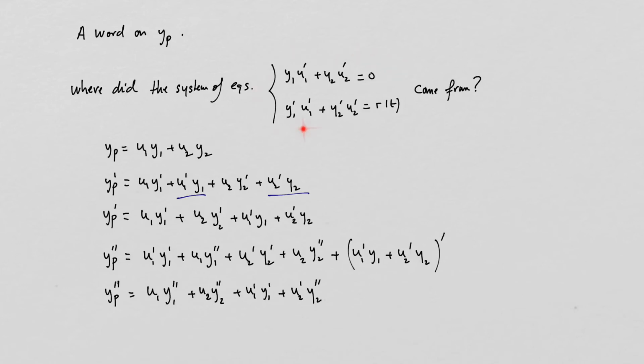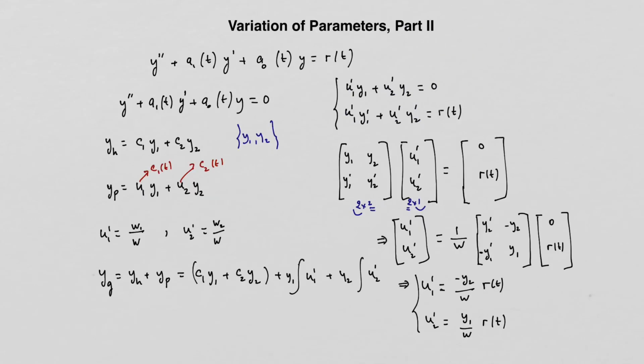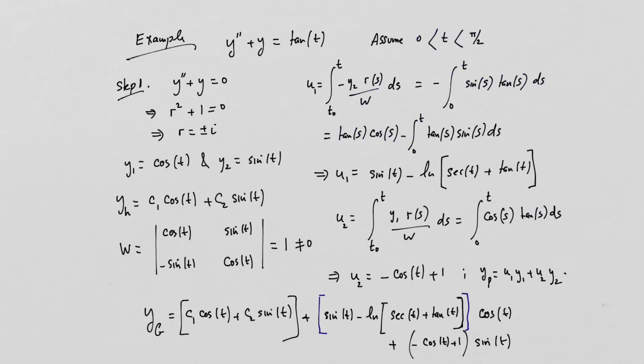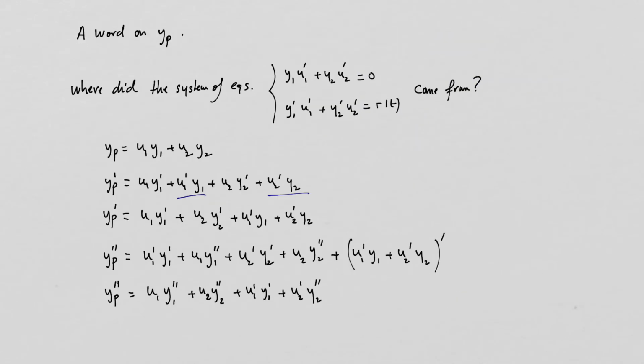So let's spend a little time on this system of equations, okay? Because this is the thing that's helped me do anything I want, to find u1 prime and u2 prime, and that's how we found u1 and u2 by integrating. So what are we going to do? Obviously, we're going to have to go back here. This is my ODE. And you will notice I have a double prime and a prime and the function y. And if I start differentiating, it becomes a nightmare. So we know the particular solution is u1 y1 plus u2 y2. Okay? And therefore,